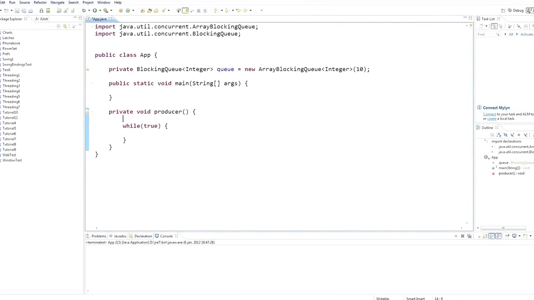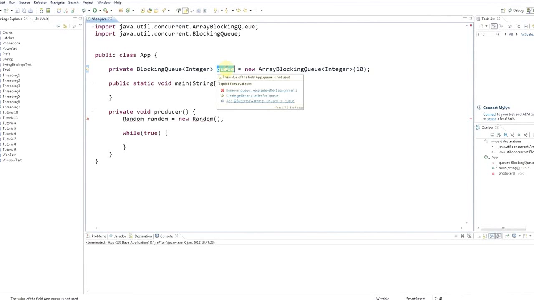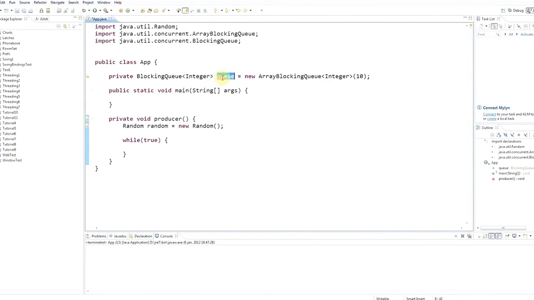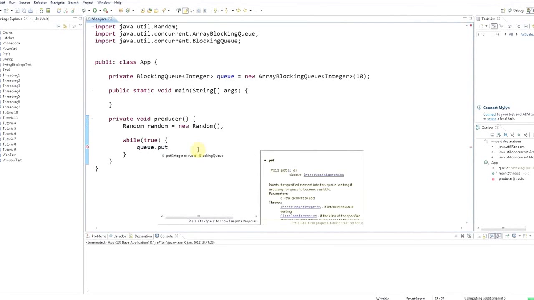use the random number generator in Java, because the idea of a producer-consumer is that you have one or more threads that are producing things, and those threads add things to a common data share, which is our queue, and then other threads remove things from this queue and process them. So in this case I'm going to just add random integers to this queue just to simulate doing something in the real world. So I'll say queue, I'm going to use a method called put, and I'll say